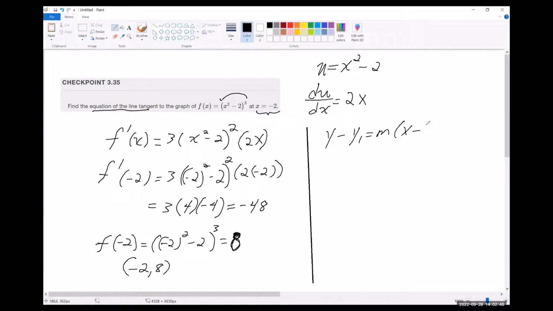So I don't know how well you remember that. But my y1 is the 8. The m is the minus 48. And then we've got an x minus, and then the x2 is the minus 2. All right, so let's just do some simplifying, and then we'll go ahead and put these on a graph